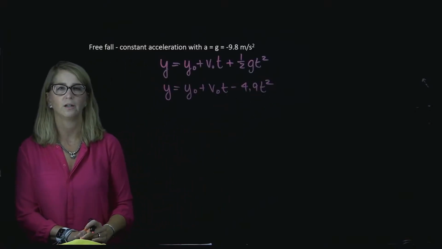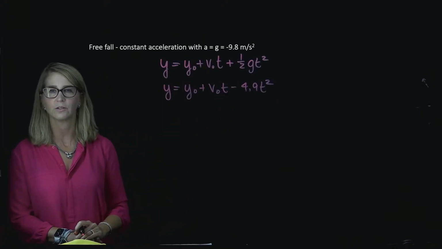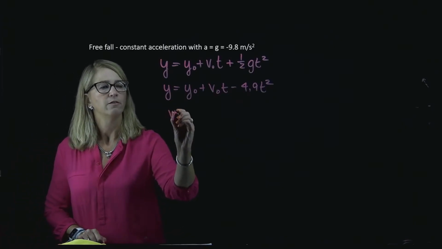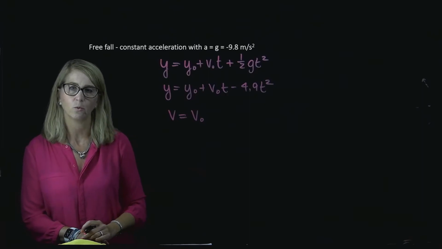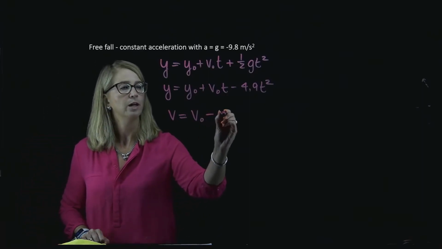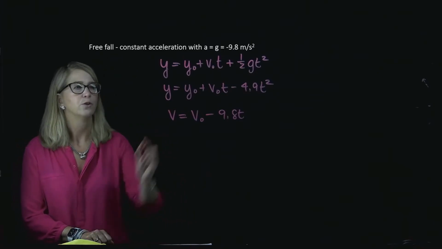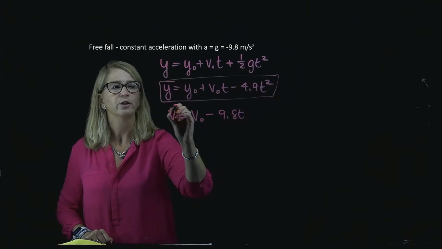So just so we are all clear on the signs, there has to be a negative sign right here because it's gravity and the acceleration is downward. Our velocity expression, which of course we're talking about velocity in the y direction, is v naught minus 9.8 t. So these become, in general, our major expressions